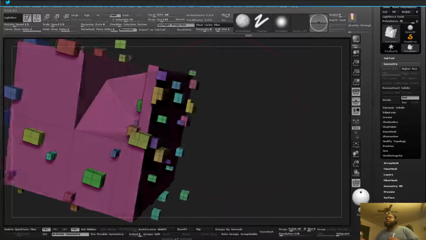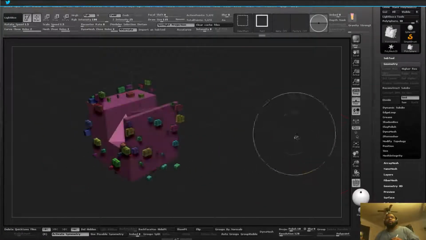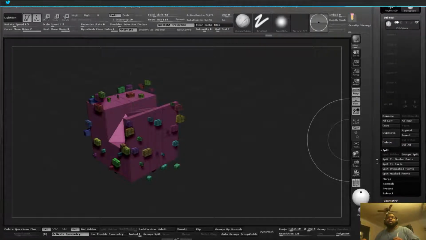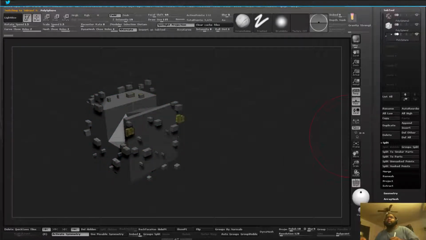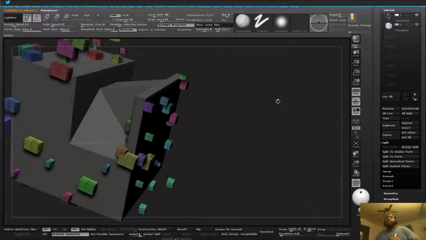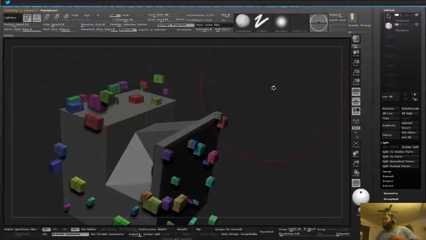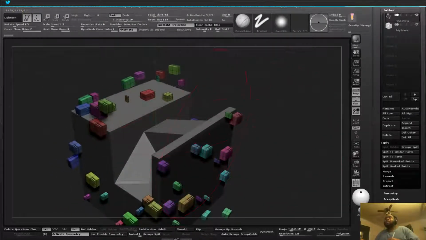Now let's say, hypothetically speaking, we take all of these and go to Tool, then Split, and choose Split to Similar Parts. Okay, these two right here are like the children that got left behind, that didn't follow the herd. I don't know why they didn't split with the rest of them. But let's say we wanted to create a custom mesh and use that mesh. Let's say one of those objects on your character you want to use instead of messing with the box